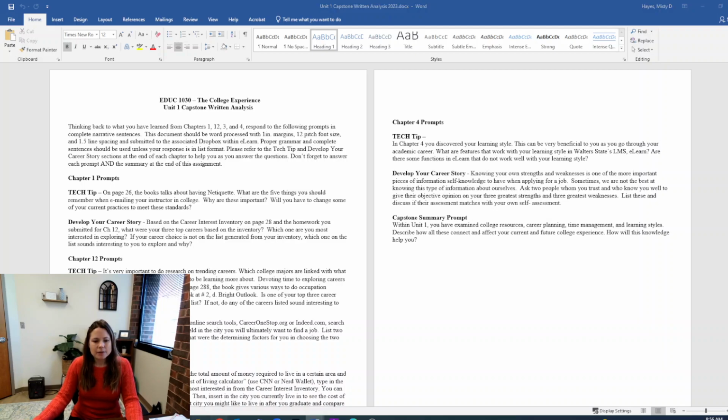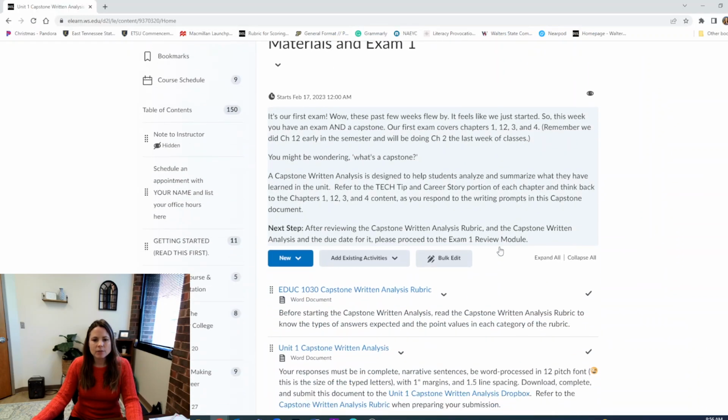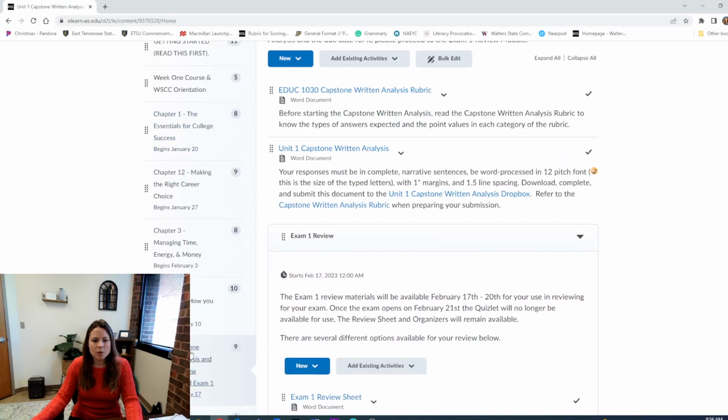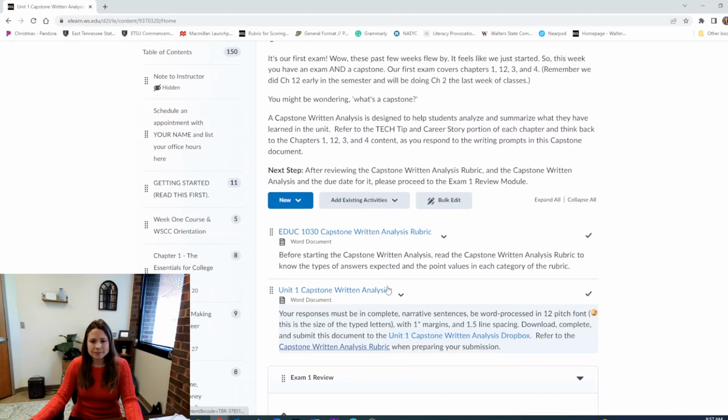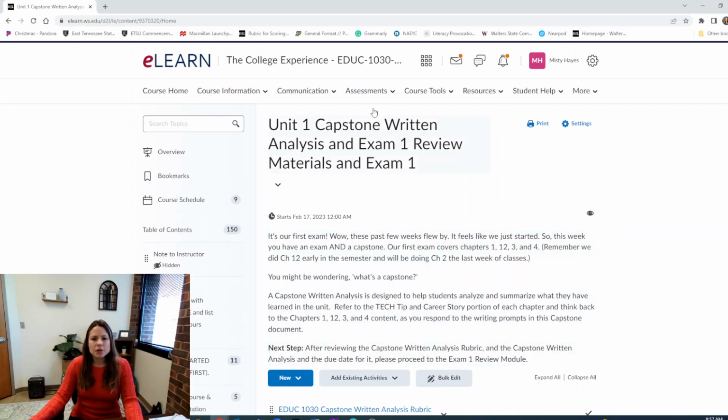To get to the capstone itself, go back to the table of contents, and when you're on the Unit 1 capstone and click in it, you have the rubric, which is what we just went over, but you also have the Unit 1 capstone written analysis. This is the actual capstone itself. If you look at the description box within the assignment, you will see there is a link to the Dropbox. There's also a link to the Word document, the rubric for grading. I also want to note, you can submit it without the link. If you go to assessments and hit Dropbox,